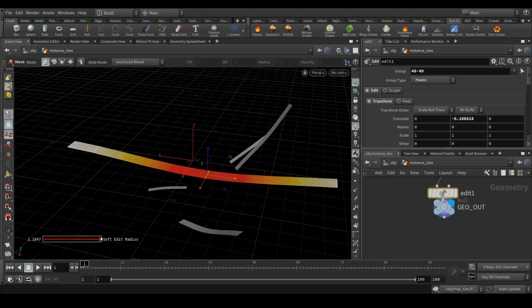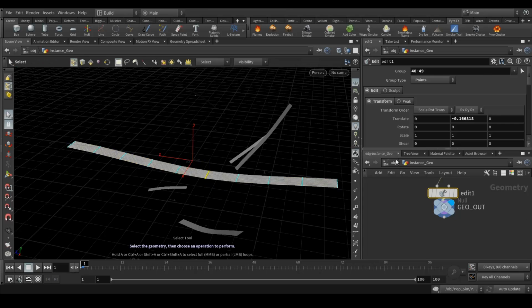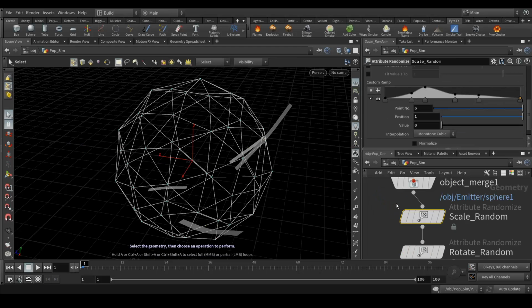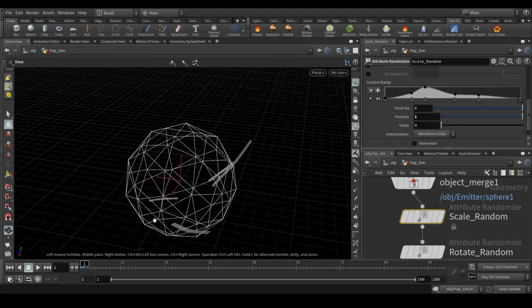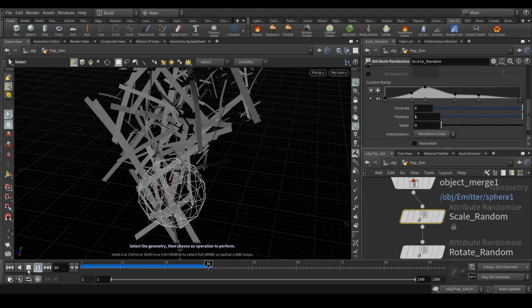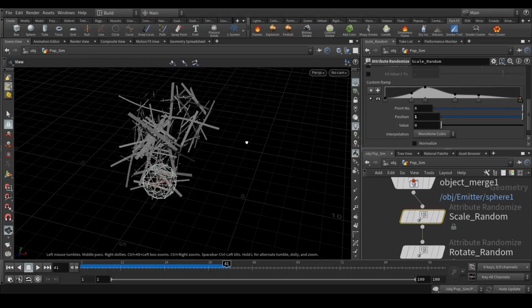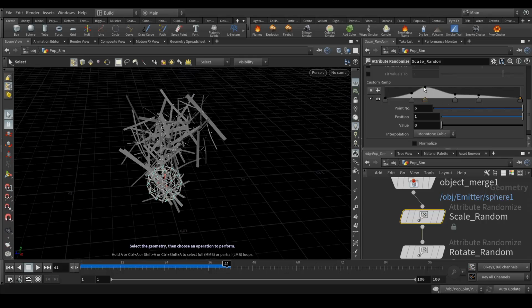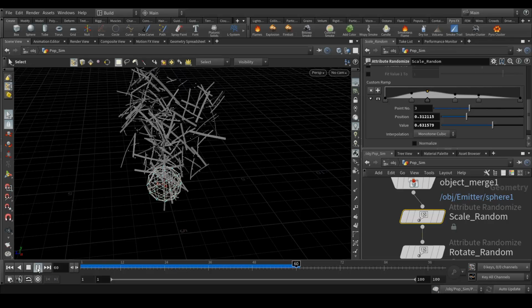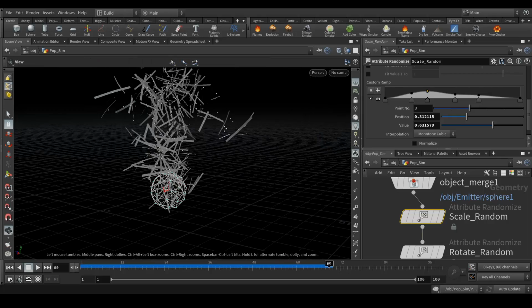Now let's go again. Let's disable this instance geo and go to your pop sim, and simulate again, and let's see what comes. Yeah, sure, it's looking much better. Now scale, guys, it's completely depends on you what scale you want to use. So definitely,